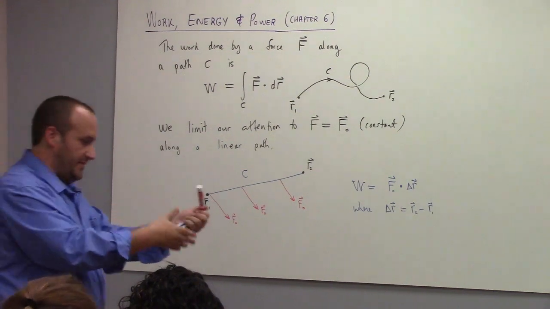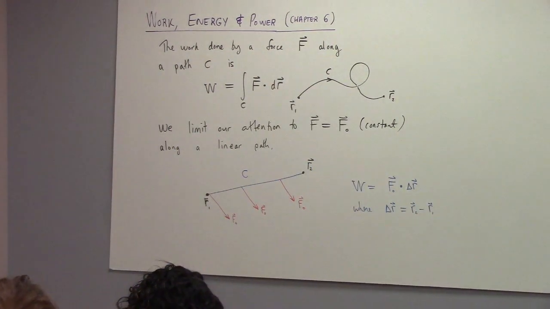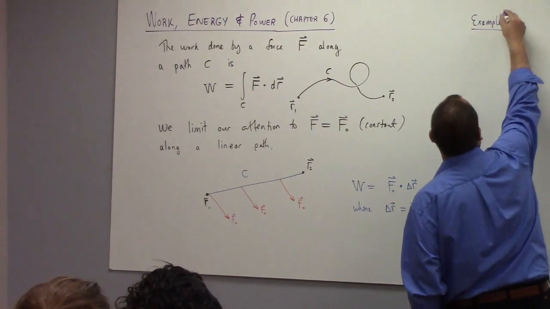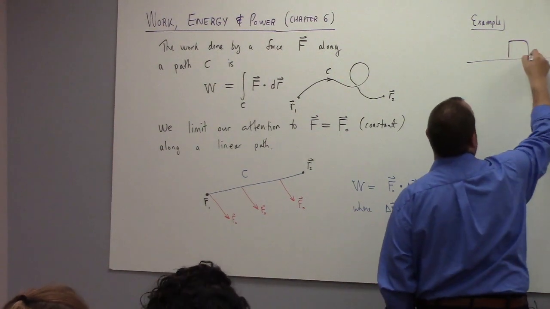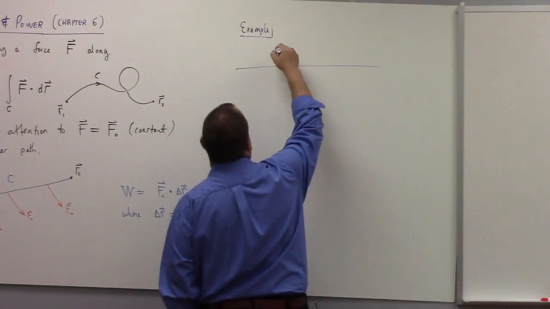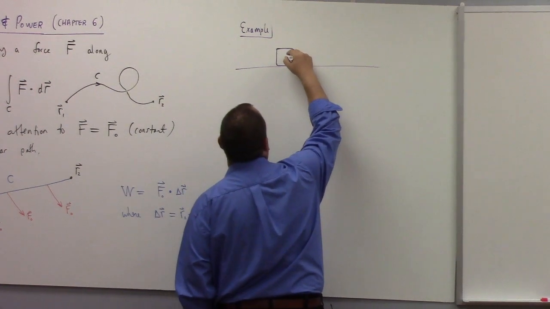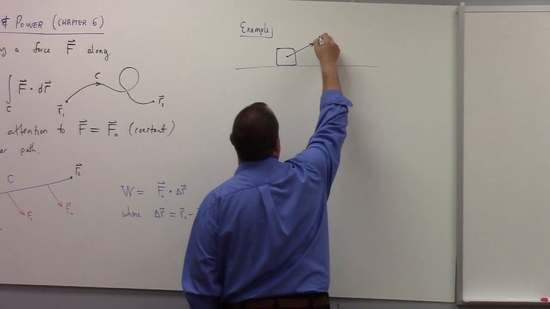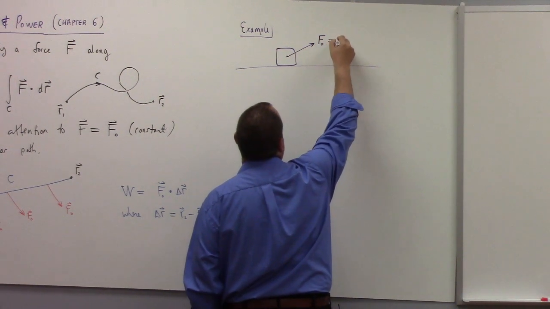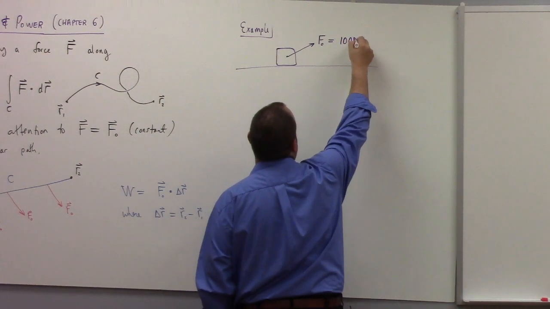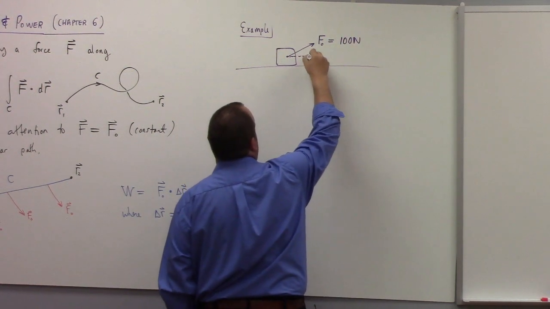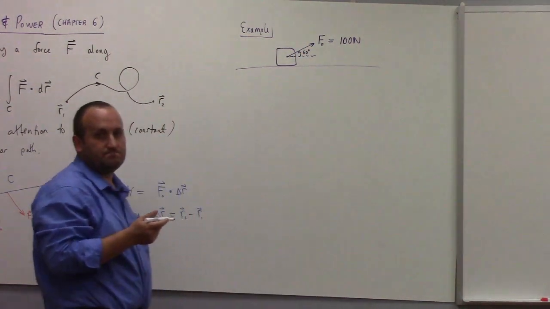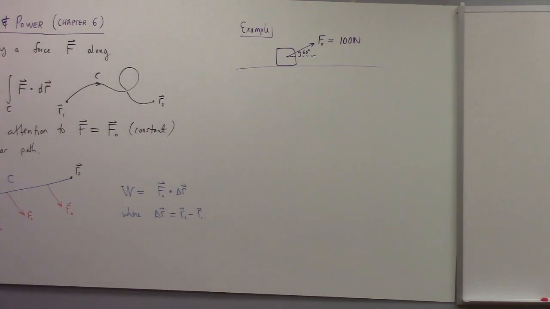All right, let me give you an example. Let's say we take a box, and I want to apply a force. I'll actually use a pull this time. Pull on the box, force like that. F naught equals, let's say, 100 newtons, and let's put that at an angle of 60 degrees. My picture's not quite right. That's not 60 degrees. It's more like 30, but I want to look at 60 degrees.